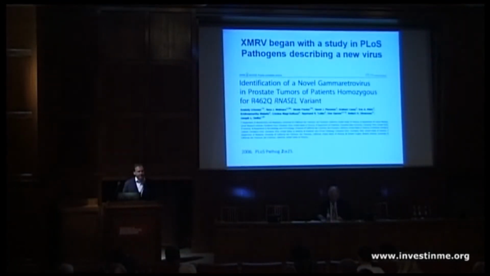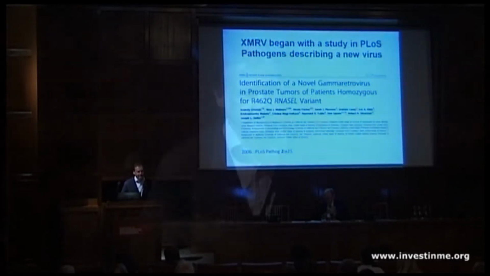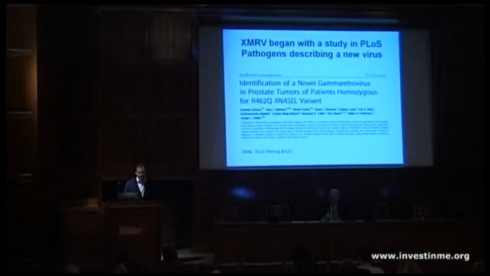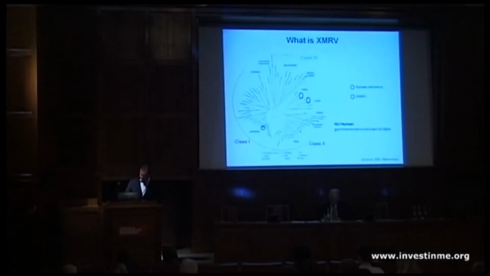This finding wasn't treated with a tremendous amount of enthusiasm from the field, partly because the virus wasn't actually found in the tumour cells, it was found in the stromal cells around the tumour, suggesting that it was unlikely to be a cause of the tumour. So there was a sense of let's wait and see what Bob comes up with next.